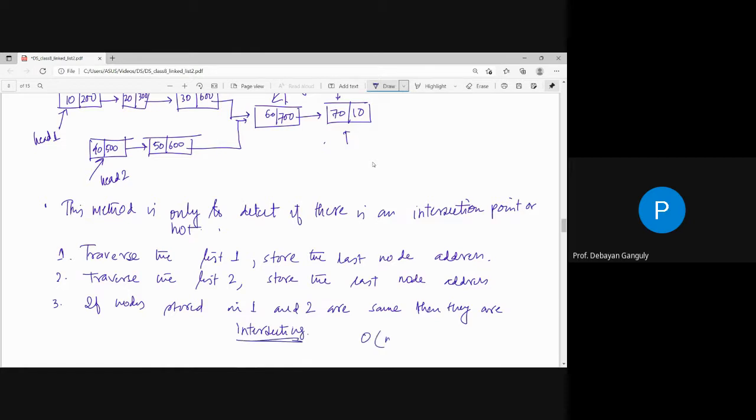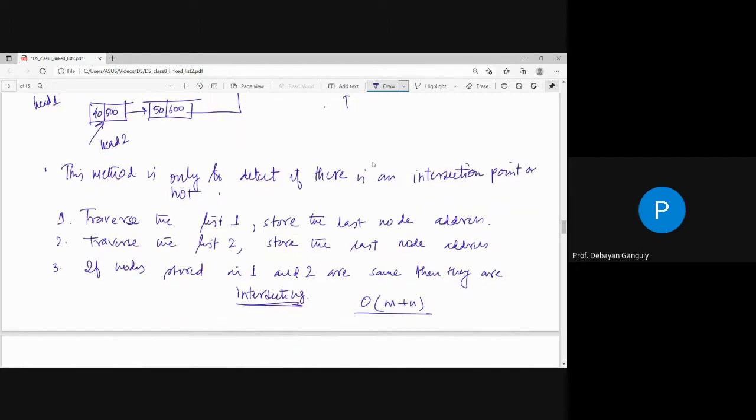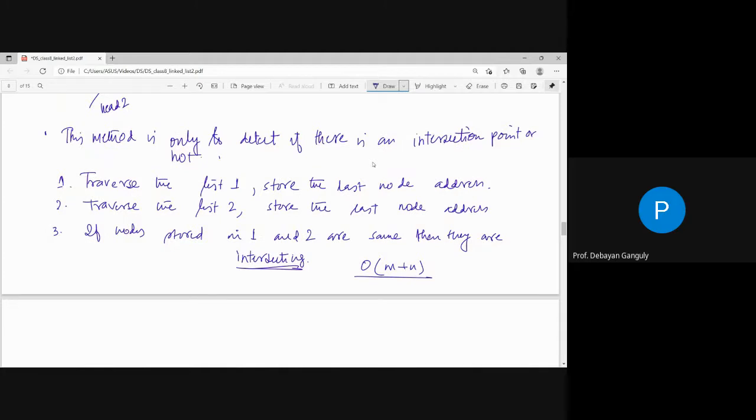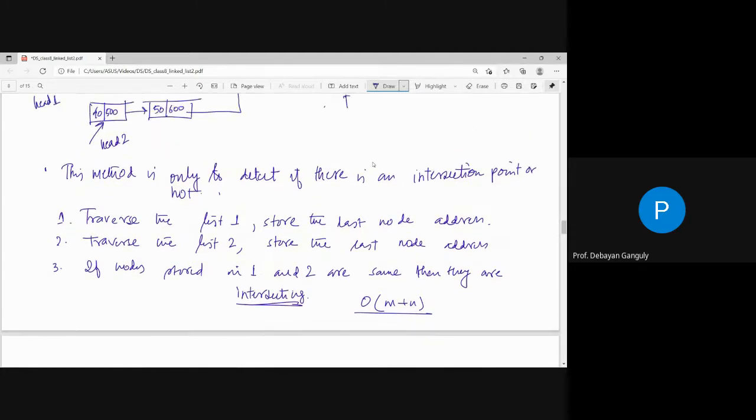And what is the complexity? Order of m plus n. M plus n means একটা লিস্টের লেন্থ বেশি হতে পারে, একটা লিস্টের লেন্থ কম হতে পারে, তাই একটা লিস্টের লেন্থ যদি m হয় আর একটা লিস্টের লেন্থ যদি n হয়, তাহলে অর্ডার অফ m প্লাস n মানে কমপ্লেক্সিটি হচ্ছে লিনিয়ার। এবারে নেক্সট কোশ্চেন যেটা হচ্ছে তোমাদের জন্য থাকবে,